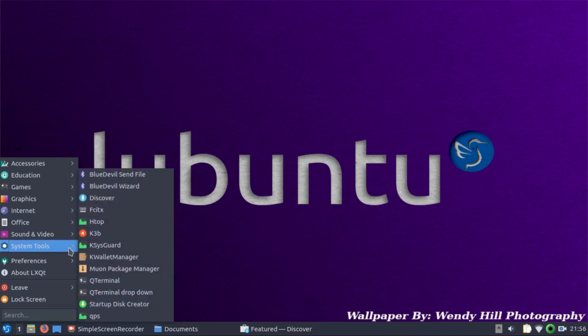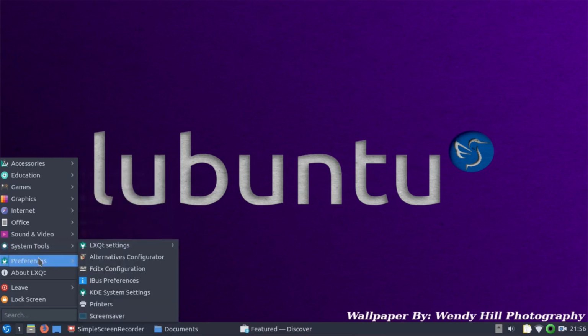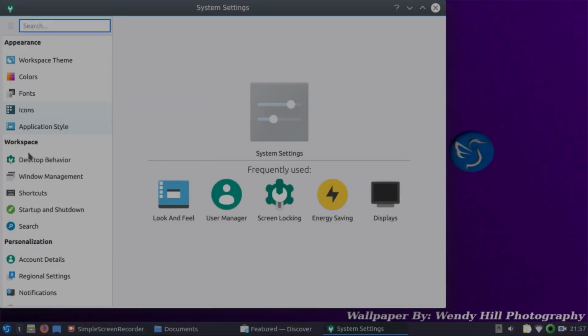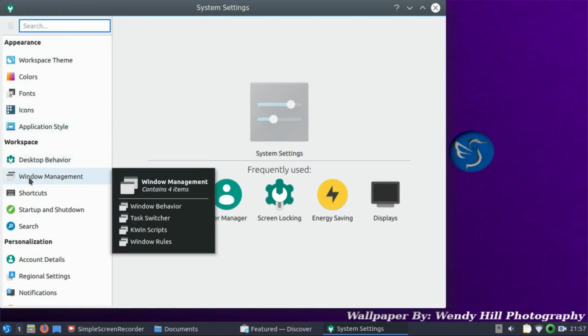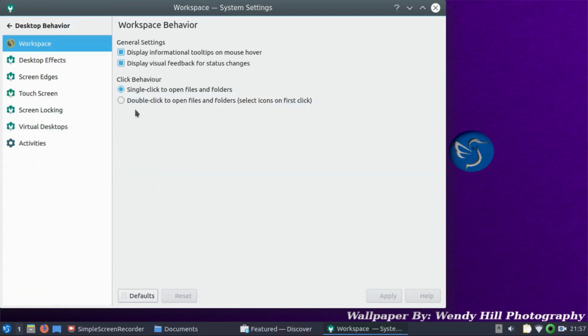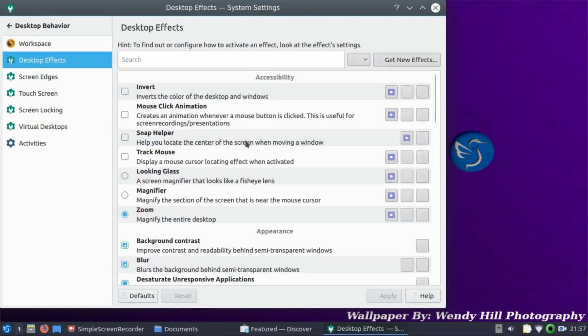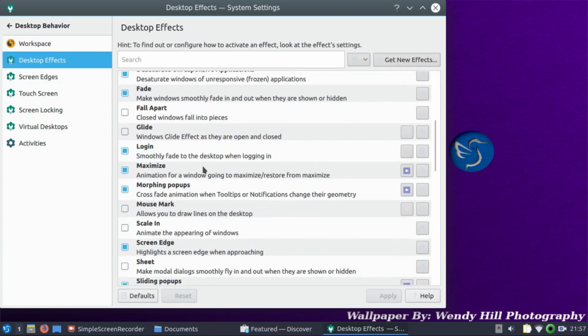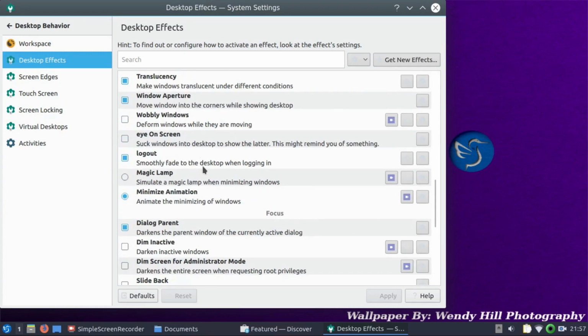So what we've got in here now is exactly what I had before, and I didn't go out of my way to install Kwin. It was just there, so I did it, like I said, accidentally. So what we've got here, the preferences, sorry, is KDE system settings, and we have desktop behavior, desktop effects, and you've got all the effects that you get with the